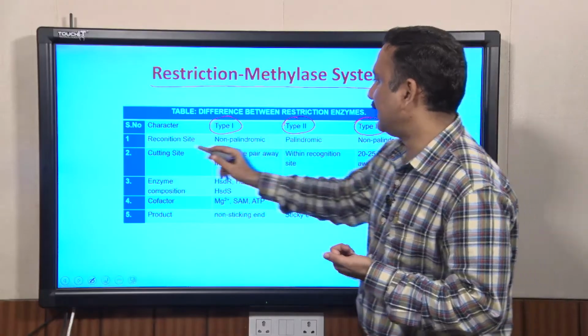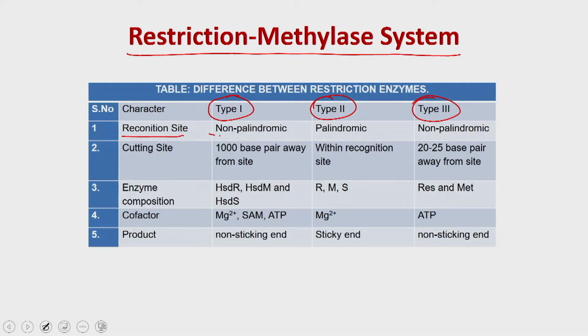For example, in the case of recognition sites, type 1 is non-palindromic, type 2 is palindromic, and type 3 also is non-palindromic. Whereas the cutting site is 1000 base pair away from the recognition site for type 1, within the recognition site for type 2, and 20 to 25 base pair away